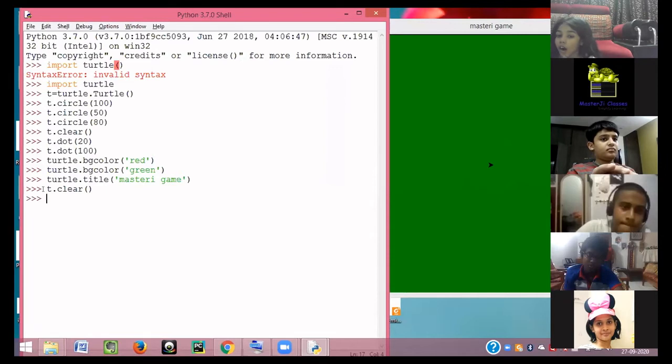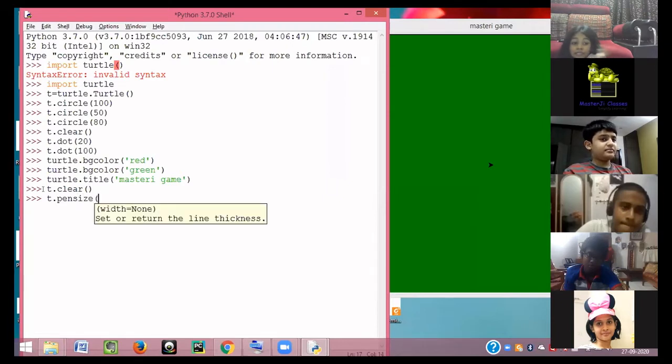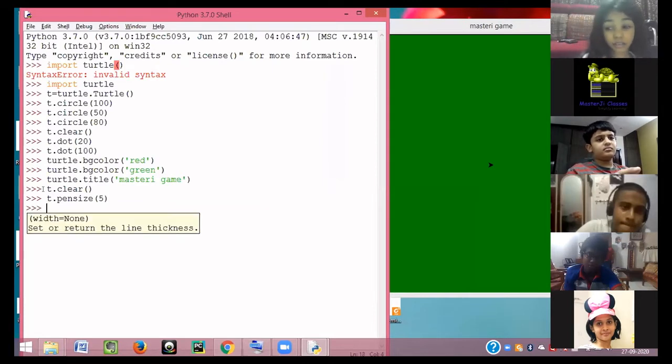Okay, I'm back on my turtle. Now let's say I want to make this turtle move forward, which all of you know, but I want to increase the size of my pen. So what is the function that I can use? I can use t.pensize. Now you see it is so easy that if you want to increase the pen size, there is a function for it which is called pensize. Now let's say I want to make it 5. I will give the value 5 and the pen size has been changed.